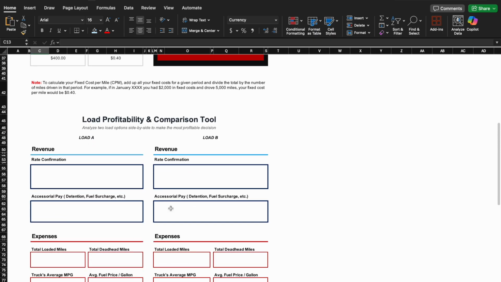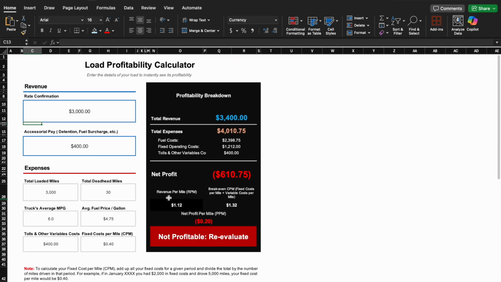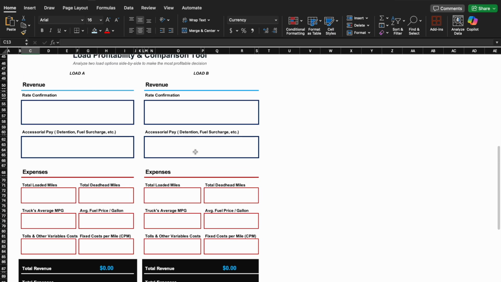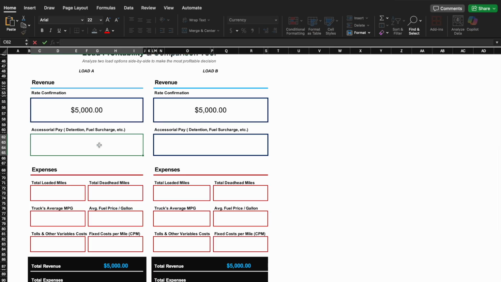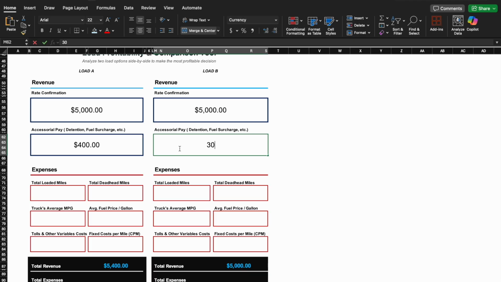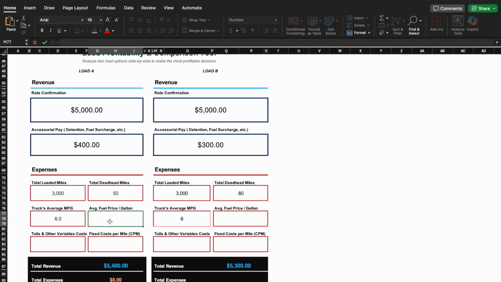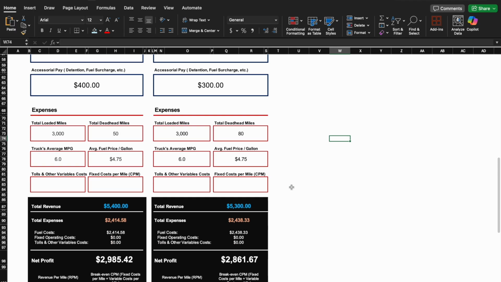And then down here is the comparison tool. So it works the same way as this tool up here, but down here you can compare two loads. So for example, if you're trying to see between two loads which one you should take. So let's say this one has $400 and this one has $300. The miles, 3,000, let's say the same thing. Let's say it's 50 deadhead and this one is 80. Average truck MPG 6, and this one's also 6. So let's say we do 475, everything being equal, and this, let's say, is $500 for variable cost. And then let's say we have 80 cents for fixed